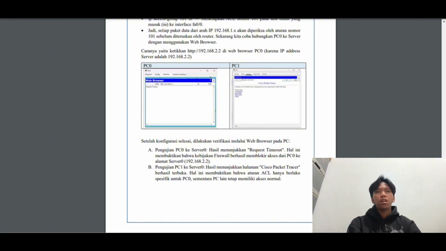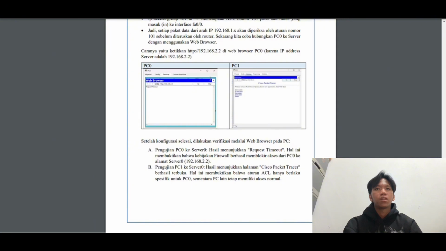Please pay attention to the command I am using. access-list 101 deny tcp host 192.168.1.2 host 192.168.2.2 eq 80. This command specifically forbids PC0 from accessing the web service on server 0.